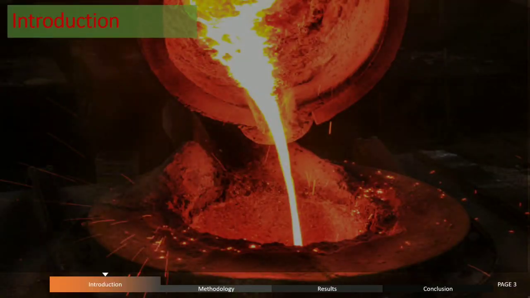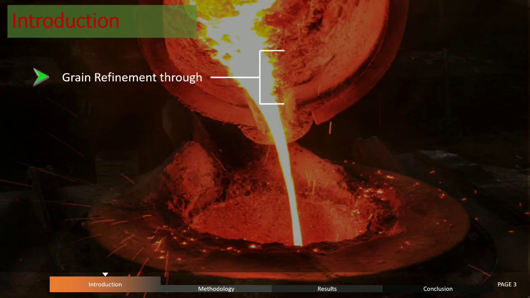So we know well that casting is a very well-defined phenomenon in which grain refinement is a subdomain where we aim to get the grain size as small as possible. Getting a small grain size has its own benefits, like the strength is high and the dislocation propagation gets very low because of the hurdles due to the grain boundaries. There is multiple research done in which we find many methods to refine the grains.